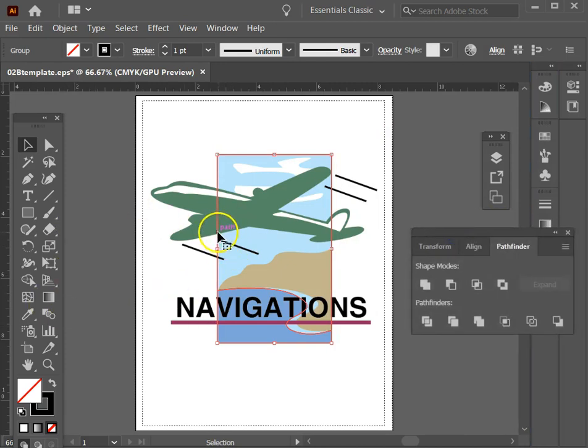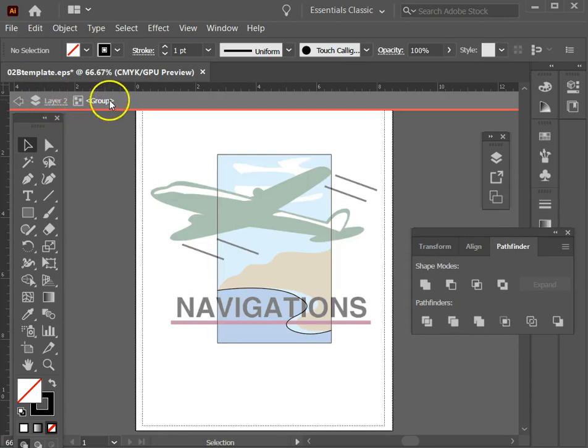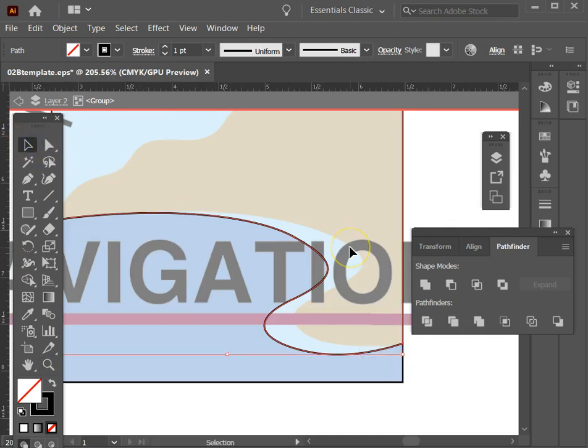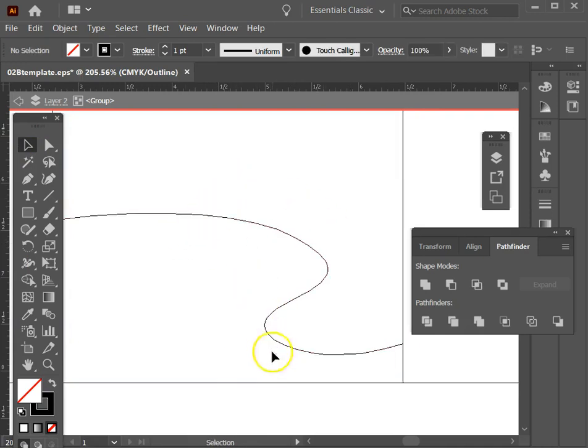And then double click on this to go into isolation mode on the group that is formed by the Pathfinder dividing this into 2 pieces. And you can see that I've got 2 pieces. Command Z, I want to make sure they stay precisely where they're supposed to be. And if I Command Y, go into drawing mode, you can't see any overlap or gap or any difference between those 2 curves. The curve that's part of the water and the curve that's part of the mountain sky group. It isn't quite divided into pieces yet, but